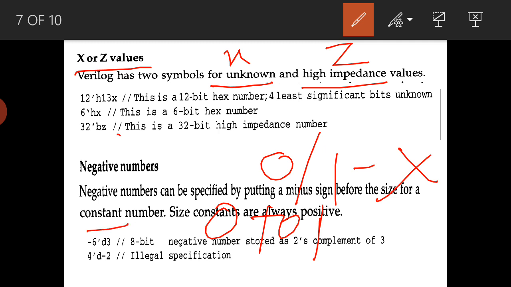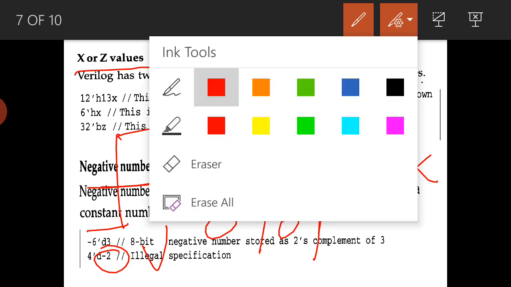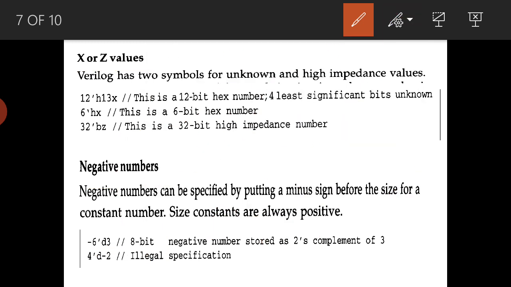We call this 0 and this 1, which in terms of voltage is 0 volts or 5 volts. High impedance is somewhere in between, so we can't define a specific value. It is not a valid signal, so we call it high impedance.